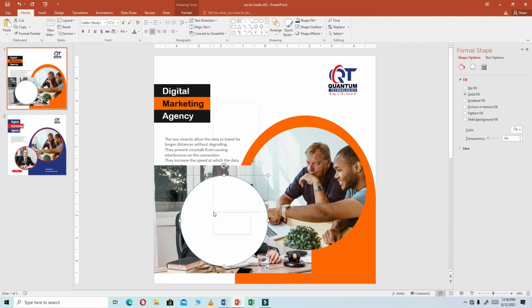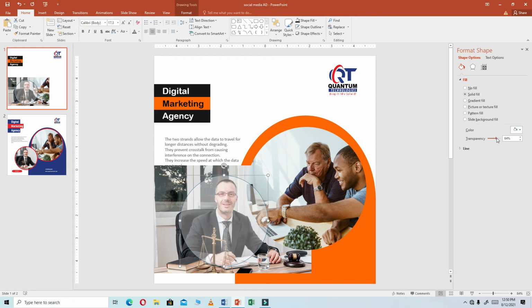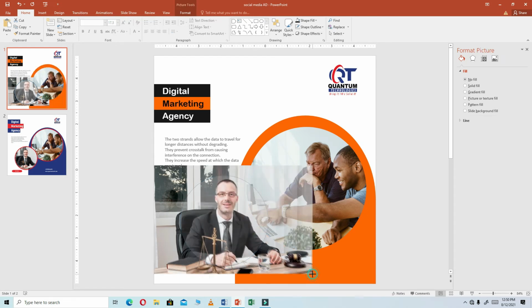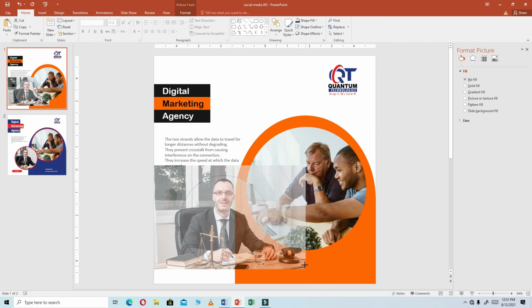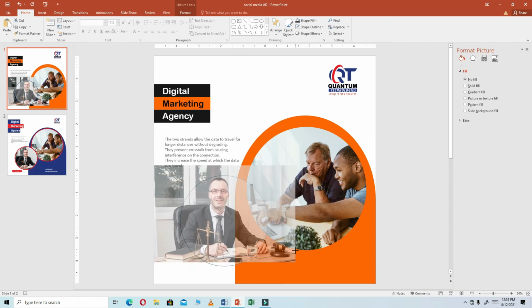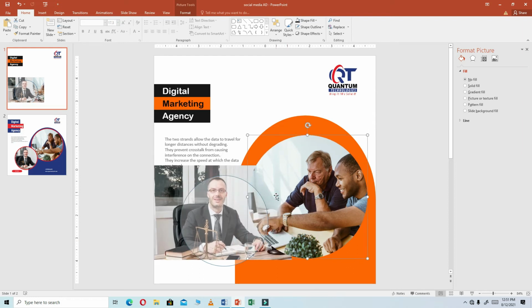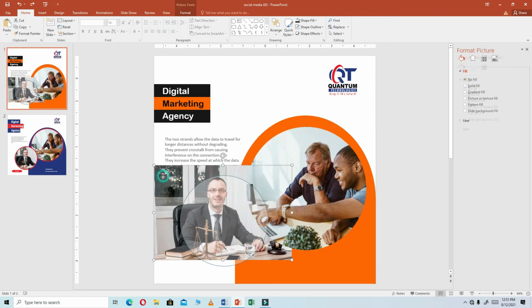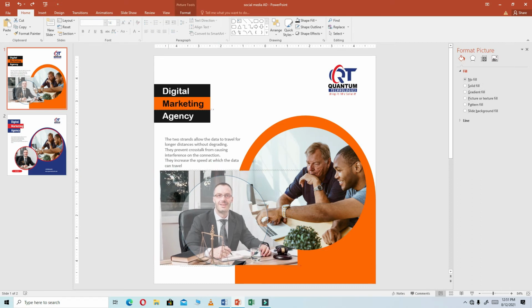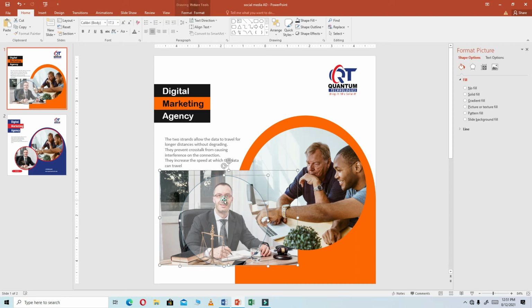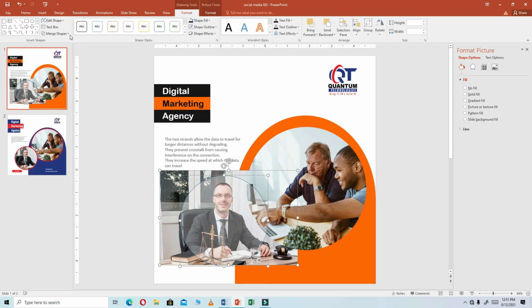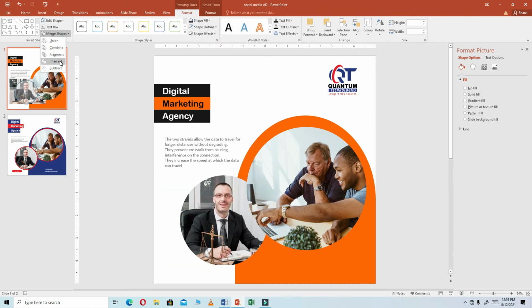Now we right click on this one, then we click on format, then the color here we reduce a bit so that we can see our image the way it looks. Then I'm going to click on my shift, then I will adjust this image a bit. Let's say that way. Sorry, this one. Alright, like that is okay. And then we shift, we click on this one, we double click, and then come here, we say intersect like